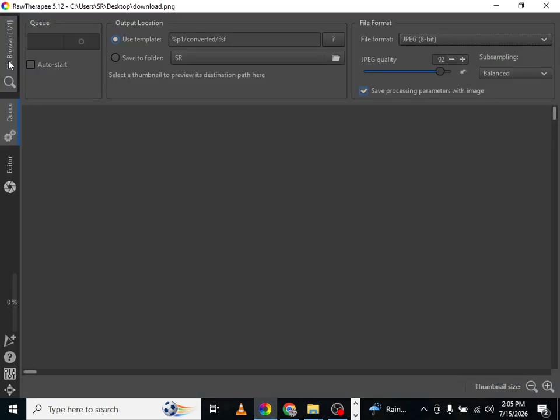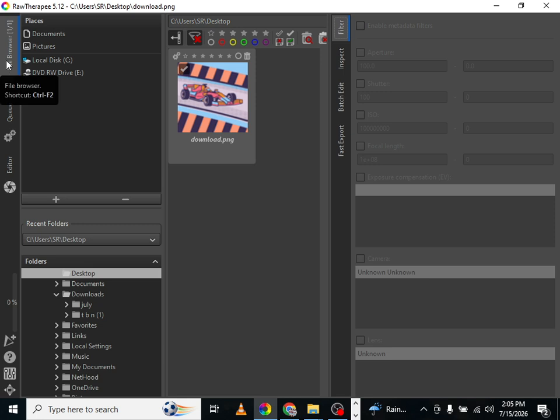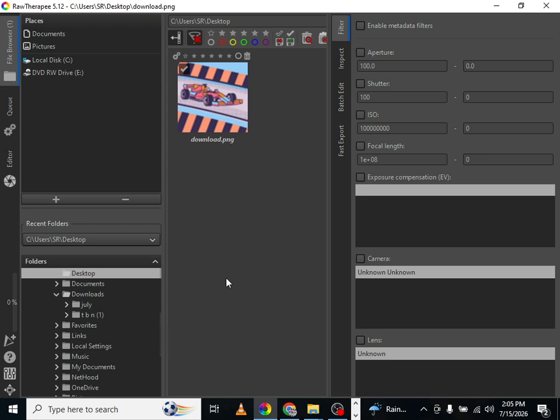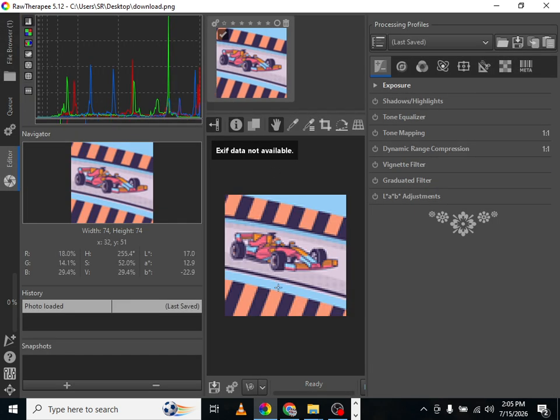When the program opens, use the file browser on the left side to navigate to the folder that contains your raw photos. You'll see thumbnail previews of all your images. Now double-click the raw photo you want to edit. The image will open in the editor tab, where you'll find all the editing tools on the right side